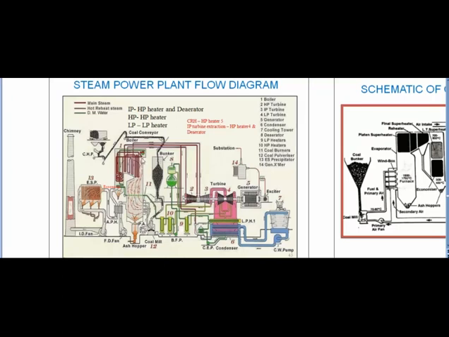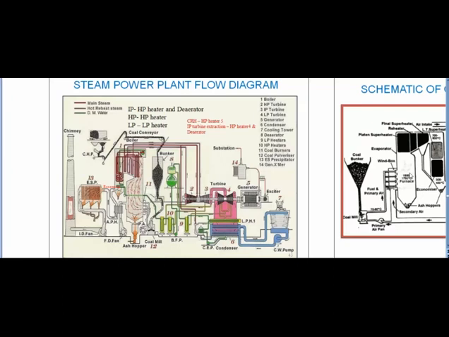From the boiler drum, which is located at the top of the structure, generally at 52 meters of height, water absorbs the latent heat of evaporation and steam is generated in the tubes. The heat transfer from the fireball to the evaporator water wall tubes is mainly by radiation, which takes place in the first pass, that is the radiant pass, and it absorbs about 55% of the total heat generated in the furnace.